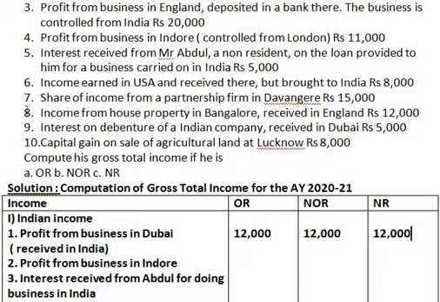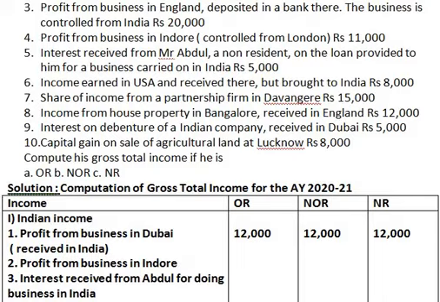After you mark all the points, whether it is Indian, foreign, exempted or past untaxed income, you get to know which are the incomes that are Indian income. So directly those you can take in the first head. Here you can see the fourth one is profit from business in Indore. Indore is in India. It is controlled from London. From where it is controlled is immaterial if the base of business is situated in India. So profit from business situated in Indore, that is in India, is Indian income and it amounts to rupees 11,000.